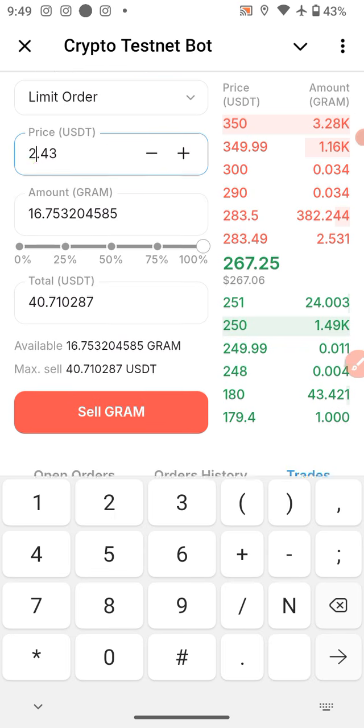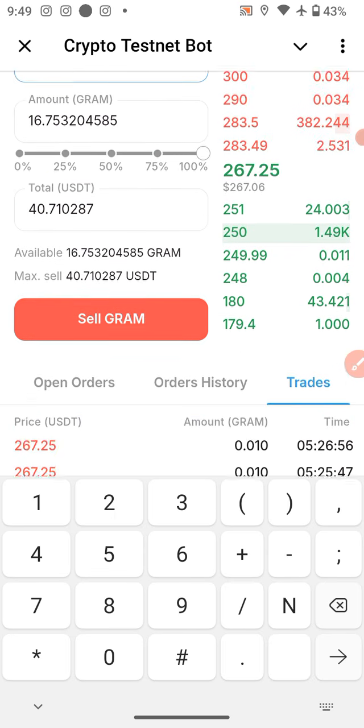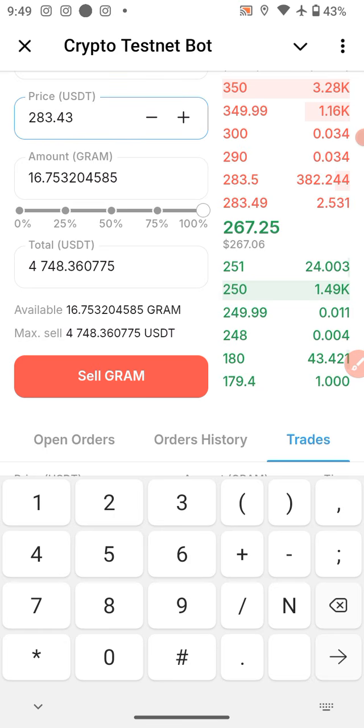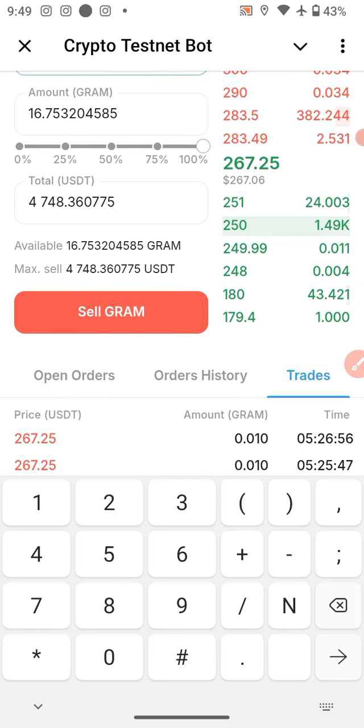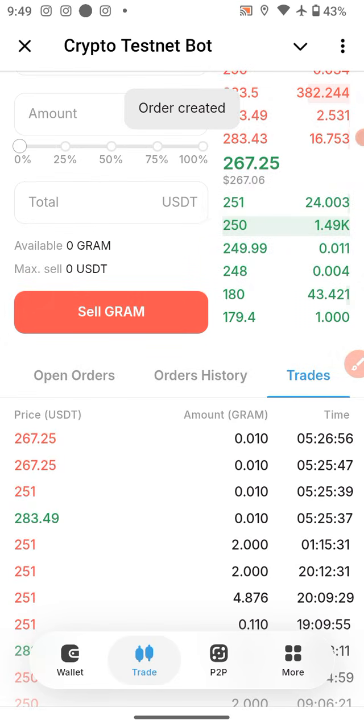So I'm coming here again and I'm looking at the price where I want it to be executed, and I will say $283.43. If I put it at 49, you will see the more it rises, the more it increases. So let's put it at $283. So I'm just going to place a limit order. Now if I limit sell the market,